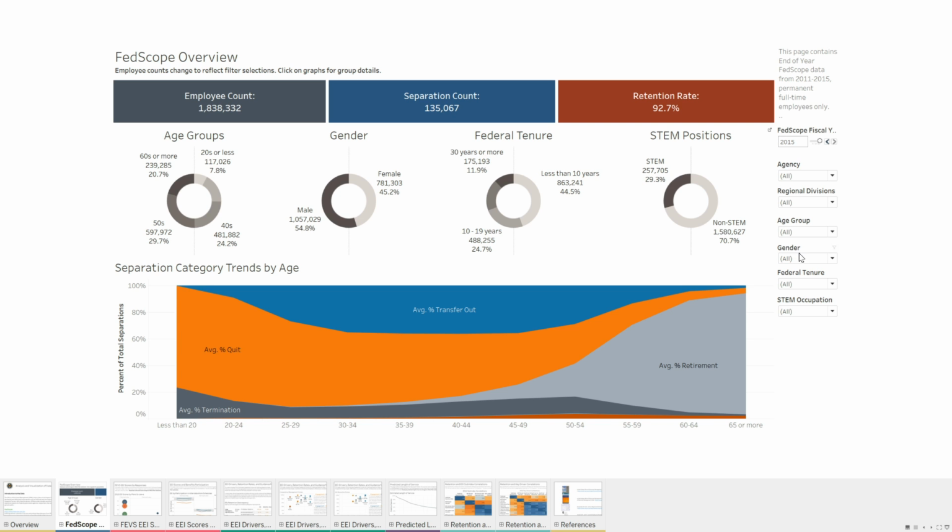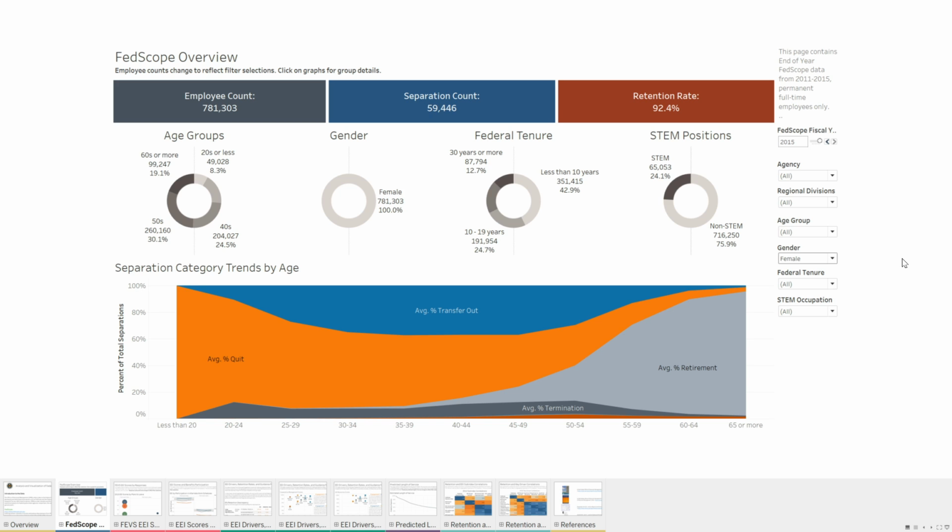So let's go ahead and check out just the female population. I'm going to show you a few things here. First, just looking at the age groups, I'm a little concerned. We see that 40s and older accounts for nearly 75% of our female population. This is illustrating the dire need for succession planning and training employees for the future in management positions that they might hold, right?